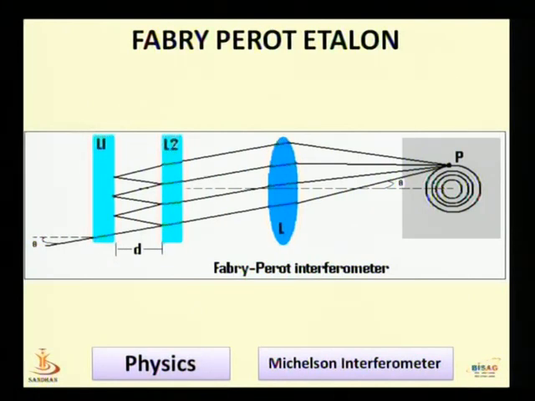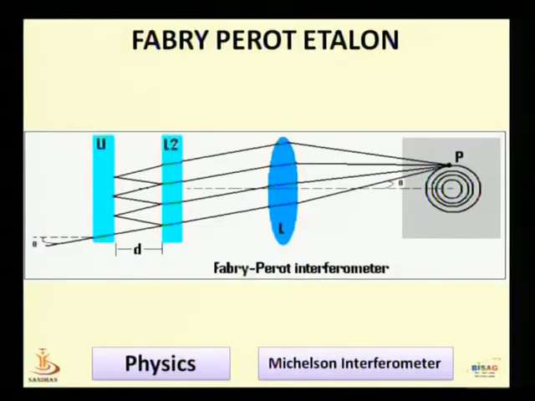Similarly, whatever is reflected at the front surface of the L1 will go on to the L2 lens and will get reflected from the L2. And as you can see in the figure, the many beams will go and become parallel through the lens, and we will be able to get the multiple beam interference in the case of the Fabry-Perot interferometer.